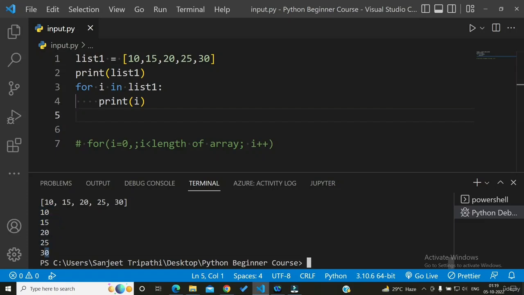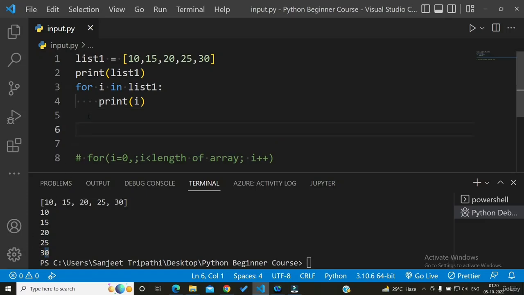But you guys can get confused: we already have the while loop, so why can't we use the while loop to iterate through the list? So let me tell you that we can use a while loop also to iterate through the list, and I will show you how we can do that. Okay, but let's compare it. In the for loop, iterating through the list only takes 2 lines of code. When I have to do exactly the same thing with a while loop,